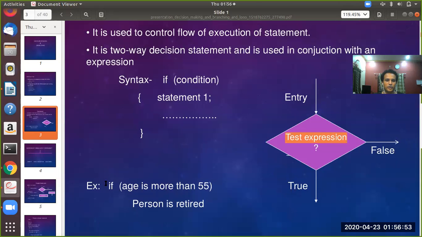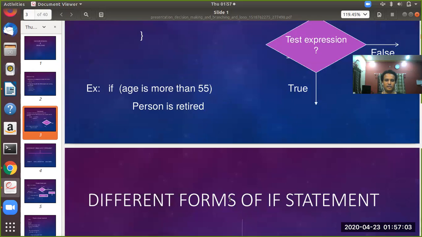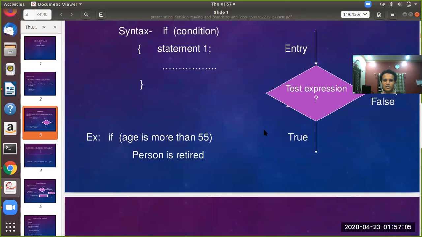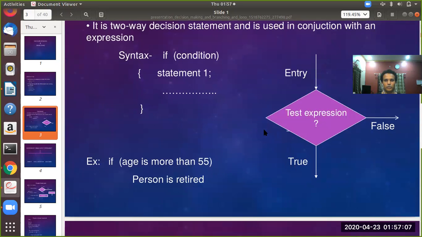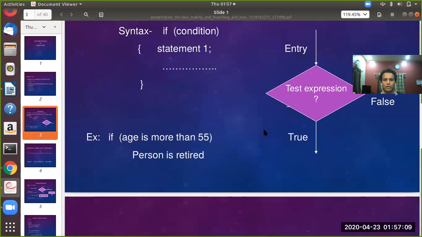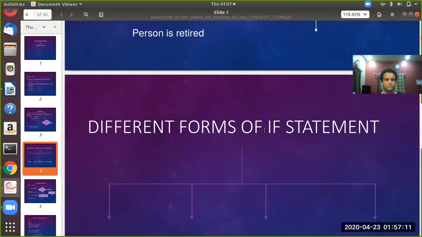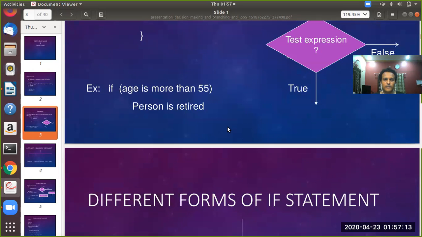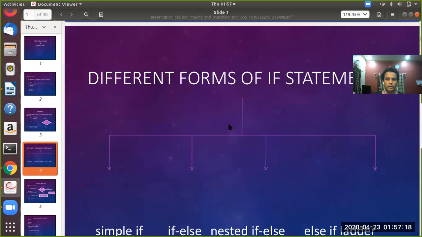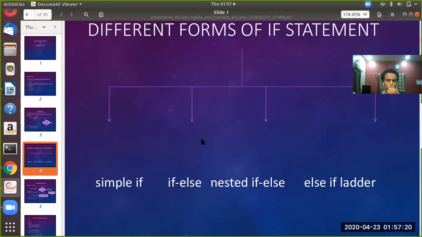Now here it is showing one more example. If age is more than 55, so you must write age greater than 55, then print the statement person is retired. So hope this is reaching you in a better way. Next we will see what forms of if statements can be used in a program.